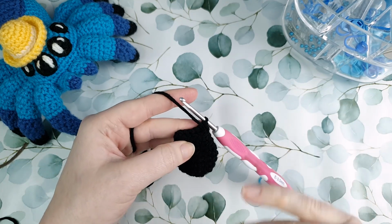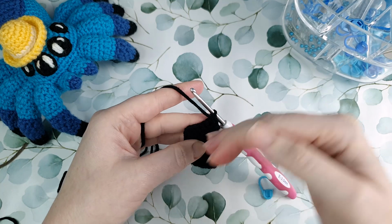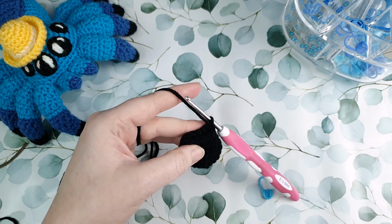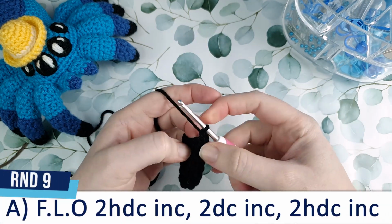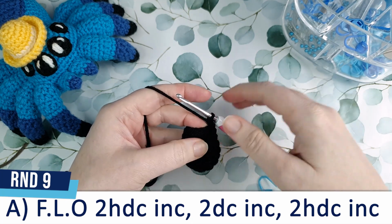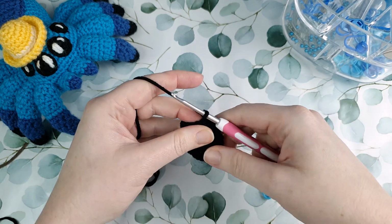What we're going to do for round 9 is work the first 6 stitches here in the front loop only, and then the last 6 stitches we're going to go back to working in both loops. To begin round 9, in the first front loop, and the front loop is the part of the stitch that is closest to you, this part here, we're going to put 2 half double crochet or a half double crochet